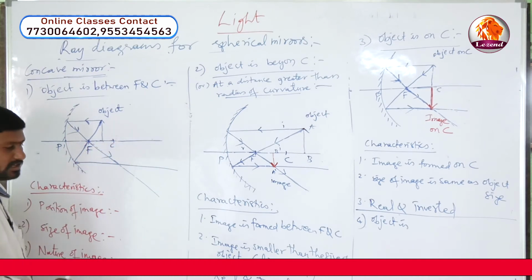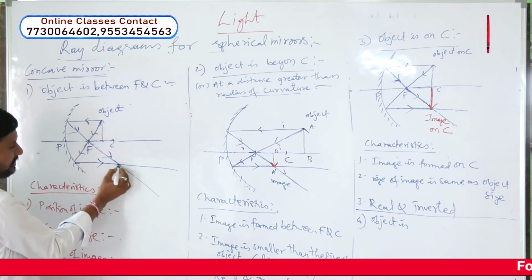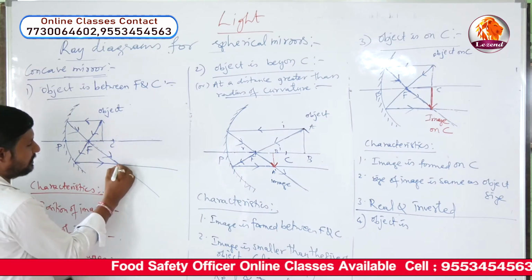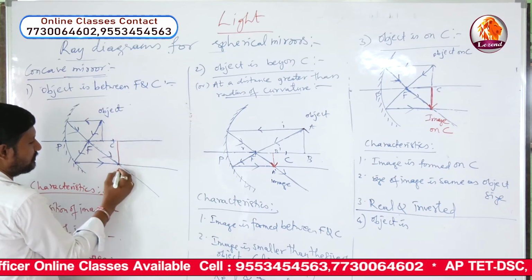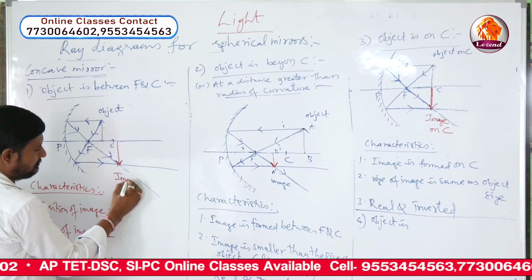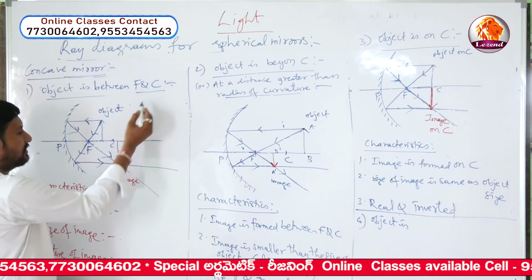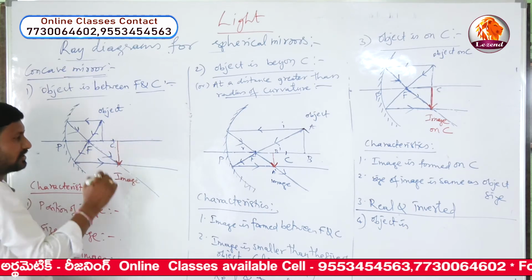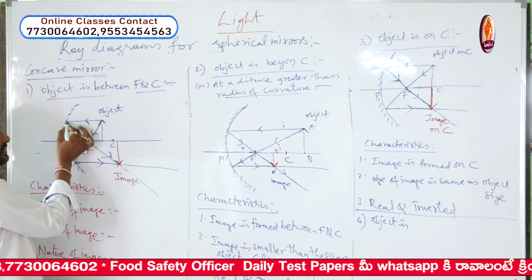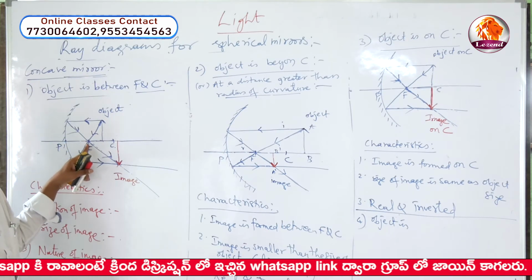And now if you observe carefully, this is the first reflected ray and this is the second reflected ray. These two reflected rays are meeting at a point where you get the image. So you draw from this point a perpendicular line onto the principal axis which meets the principal axis at a point. This will be the image of the object. So now look here once again. The object is placed between principal focus and center of curvature. And when the object is placed like this, one light ray coming from the object, incident at a point, is parallel to the principal axis. After reflection it travels through its focus.